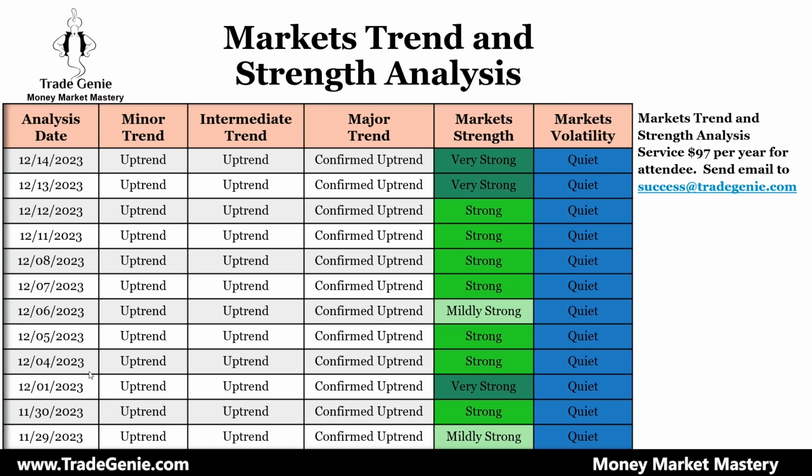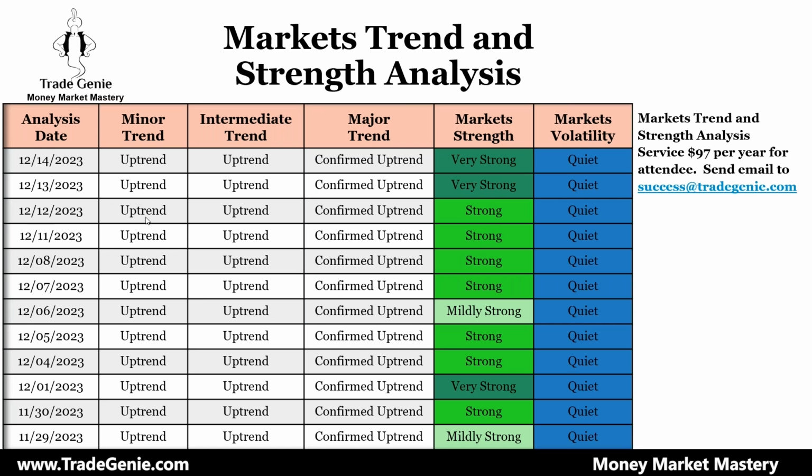The major event occurred on 13th of December. On 13th of December, FOMC, the interest rate, etc. But the market condition is saying uptrend, uptrend, uptrend, confirmed uptrend, right? So in order for the effect of FOMC in the coming days, my first signal would be the market will start losing its strength. So I would watch the strength here, that it will turn from very strong to strong, and suddenly it will start going towards mildly strong, and something will happen which will give me the signal on the minor